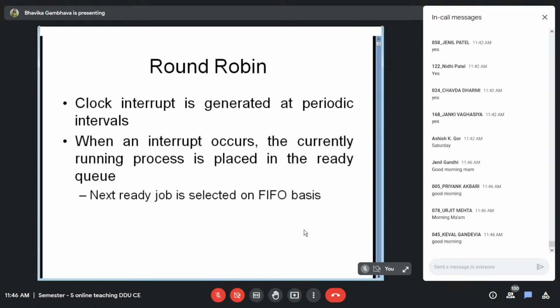We have studied the round robin scheduling algorithm last time. So whenever the clock interrupt is generated, at that time